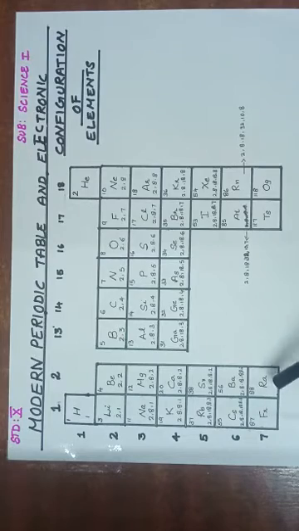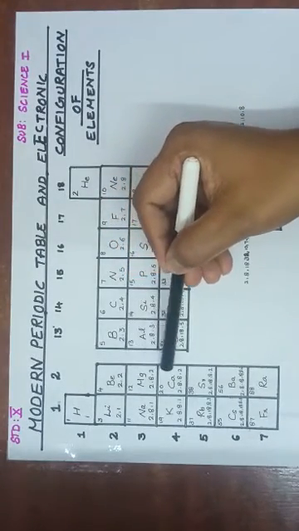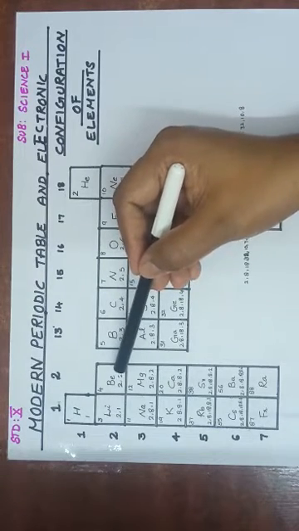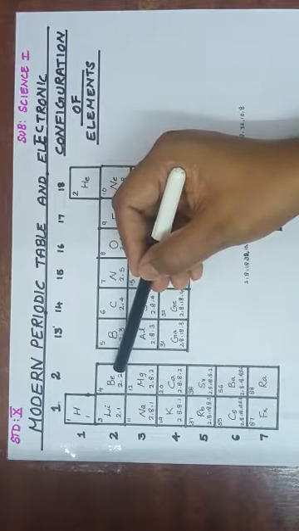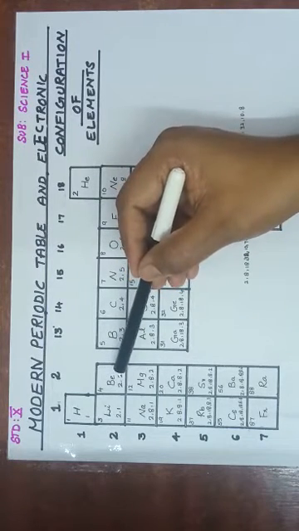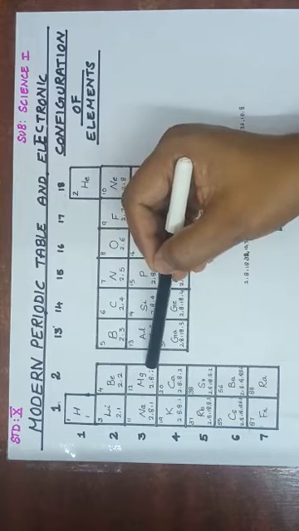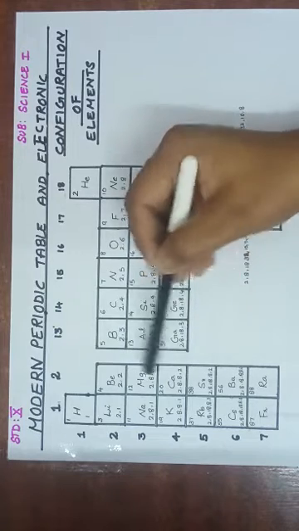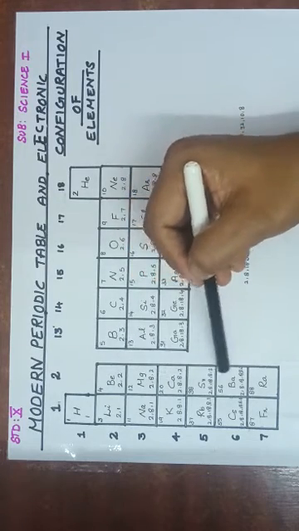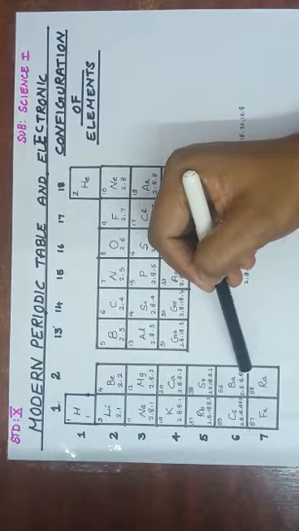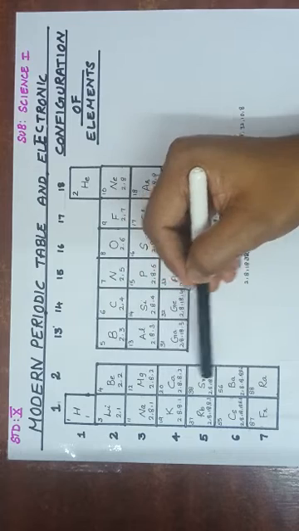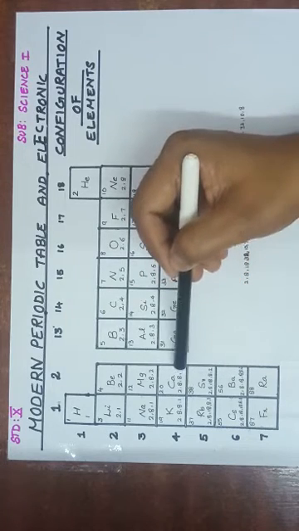Now when you go through the electronic configuration of each element in this group, you can see that the valence electrons, or the electrons in the outermost orbit, are 2 only. Magnesium has 2, calcium has 2, strontium, barium, all these elements have the same number of valence electrons in their valence shell, or in the last orbit. This means that all the elements in this group have the same valency.